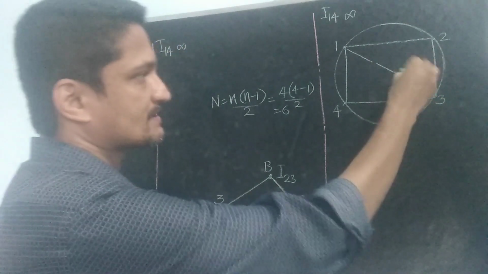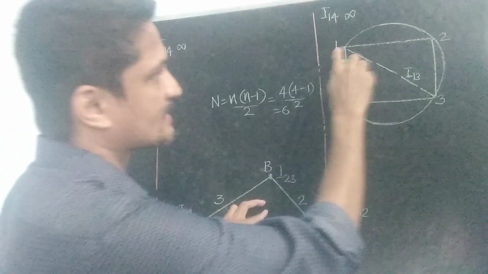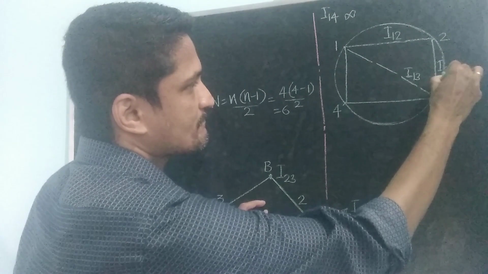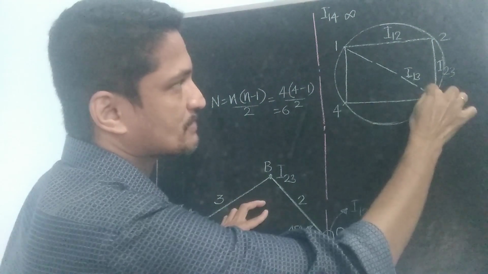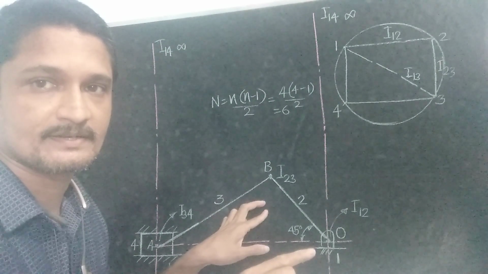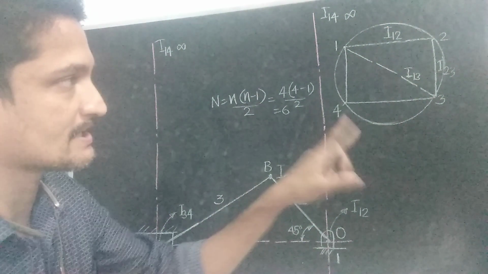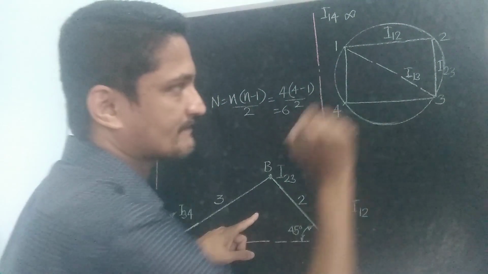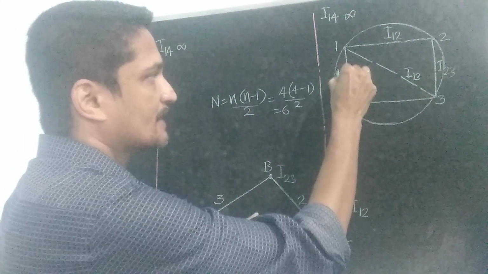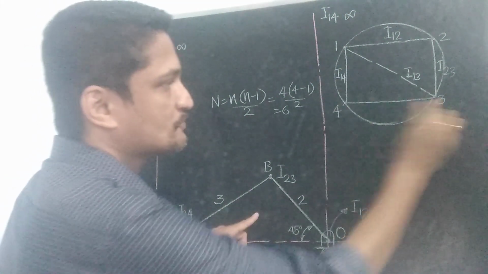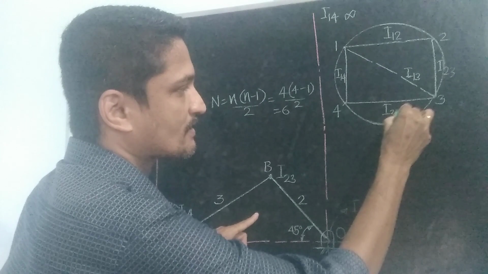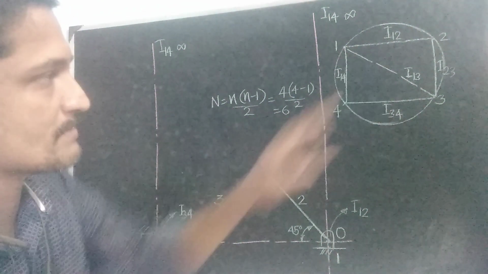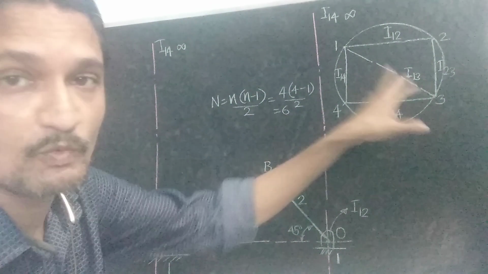To find this I13, we know that the instantaneous centers I12, I23 and I13 must be on the same straight line. According to Arnold-Kennedy's theorem, I12, I23 and I13 must be on the same straight line. Similarly, I14, I43 or I34, and I13 must be on the same straight line. By using this principle, we can easily locate I13.